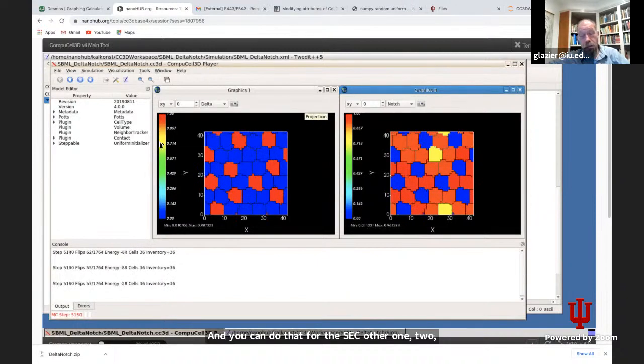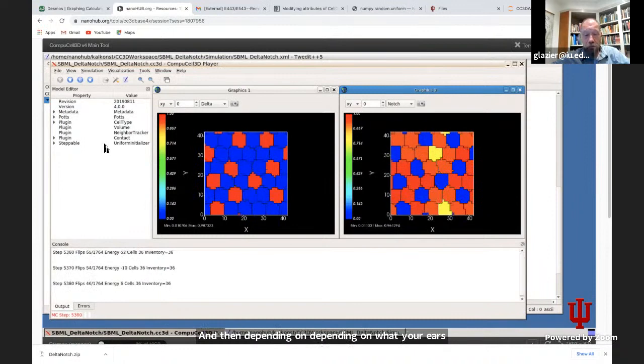That certainly slowed it down a lot. Now, every 10 Monte Carlo steps, it's saving a picture of that image. And it'll save those as PNGs. And then depending on what your